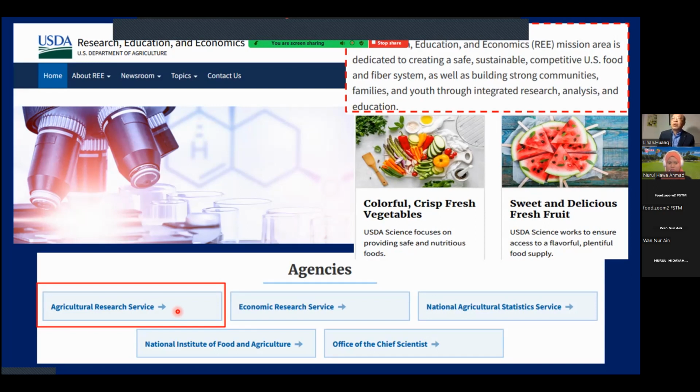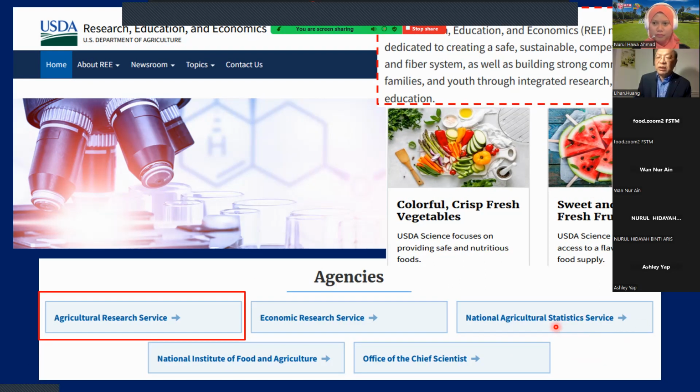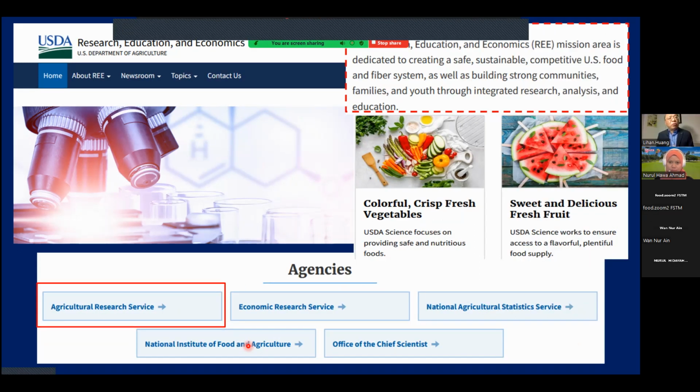internally funded research organization within the USDA. Then we have 4 other agencies under REE: the Economic Research Service, the National Agriculture Statistics Service, and the National Institute of Food and Agriculture. This is our extramural agency, specifically designed to offer research grants to university professors. And we also have the Office of Chief Scientist, but it is our internal arm. Our budget is about $2 billion US dollars, a very small agency, but we are all over the United States, even